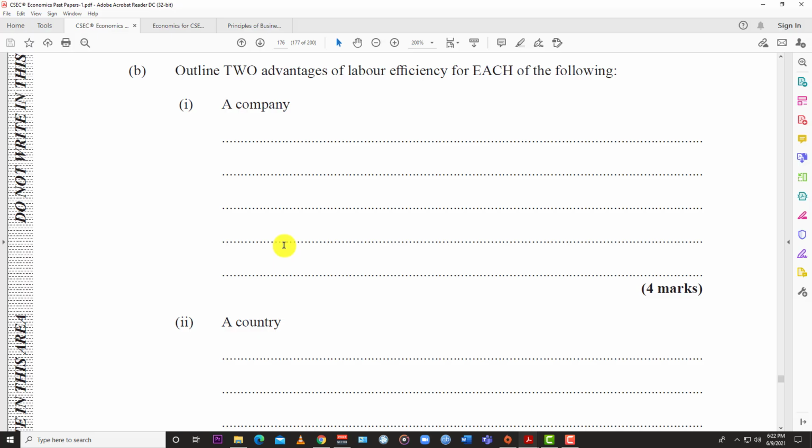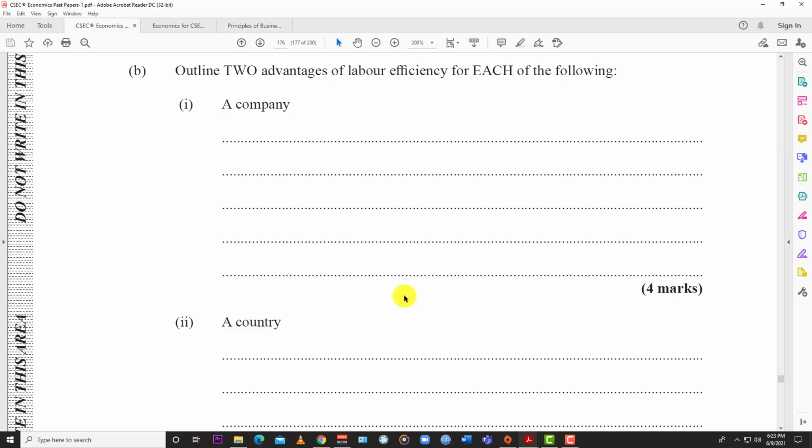So your profits are going to increase as a company because of efficiency. Next one is that it's going to be more competitive. Now your firm, your company, will be more competitive if it has an efficient workforce. They can compete on price or on time with other companies out there because they are efficient and the cost is reduced, so they can compete more effectively with other entities out there. So right there, more competitive is the next reason, an advantage of being efficient.